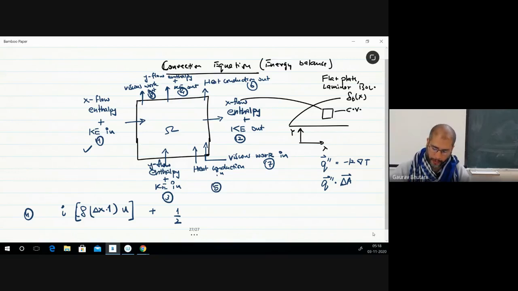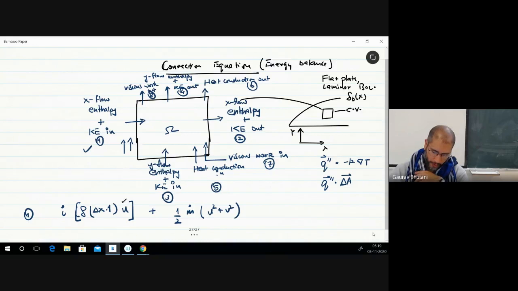In this case, since we want the watts, m dot, and then we write the total u dot u, which is u square plus v square. So that gives us the kinetic energy that's flowing in. In fact, on the left hand side, what we have done is we have taken a dot product between the area and the flow direction, because if the flow was happening in this direction, then you won't get any enthalpy in.